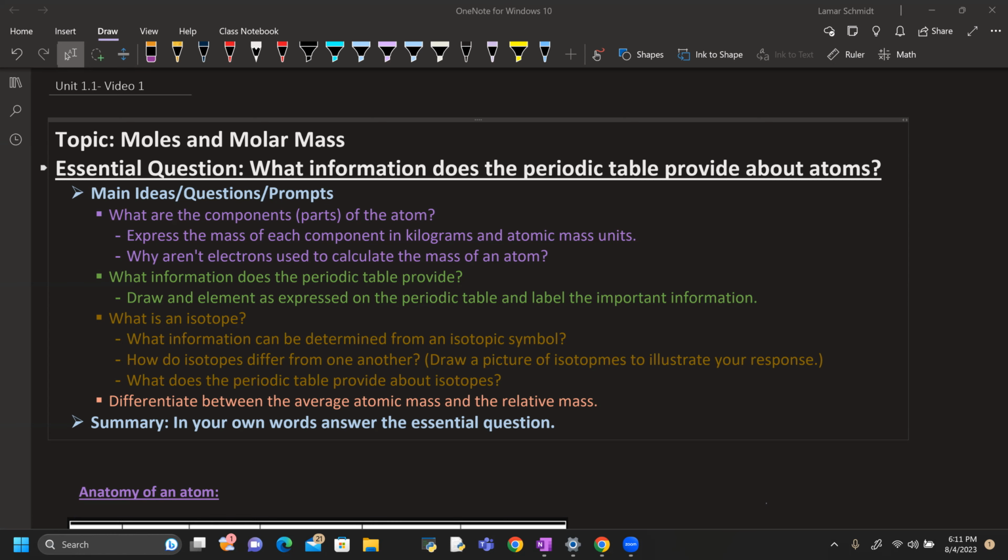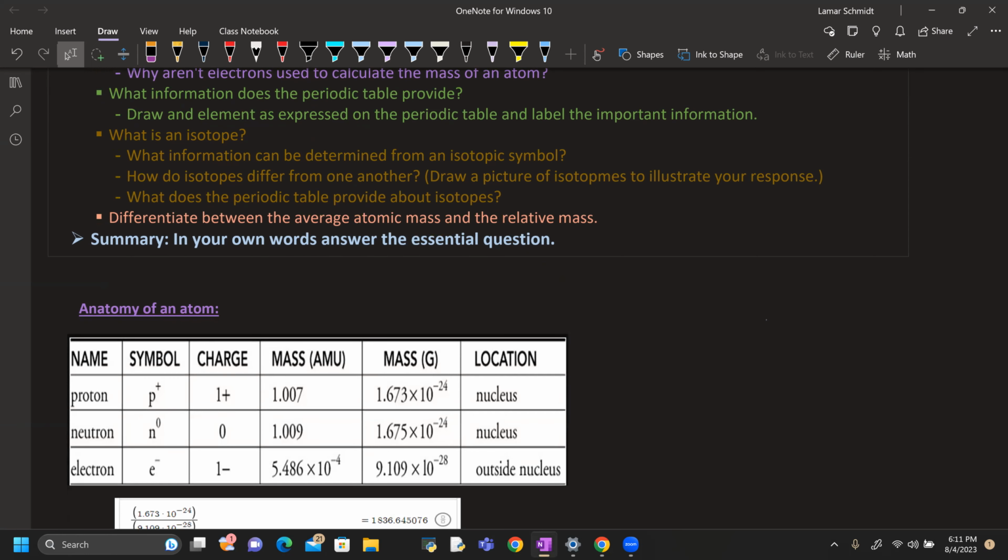In an atom, we have three subatomic particles that we want to look at. We have the proton, the neutron, and the electron. All right, so there are our three subatomic particles. And then we can also see where their locations are. We have our proton in the nucleus, our neutron in the nucleus, and then outside of the nucleus,